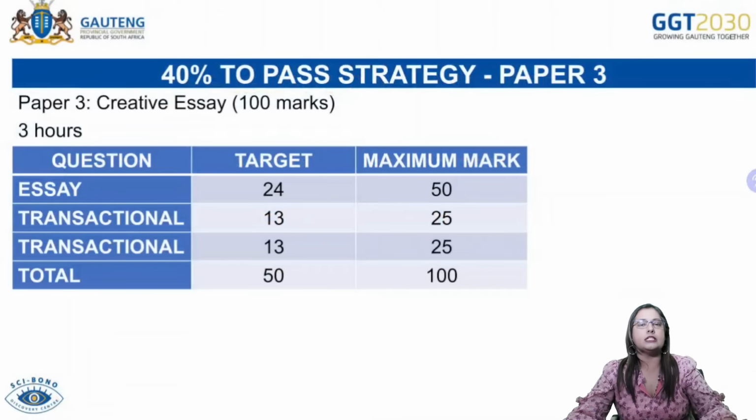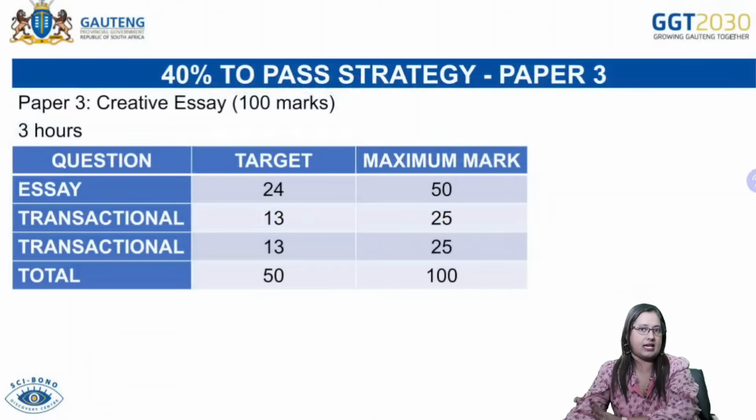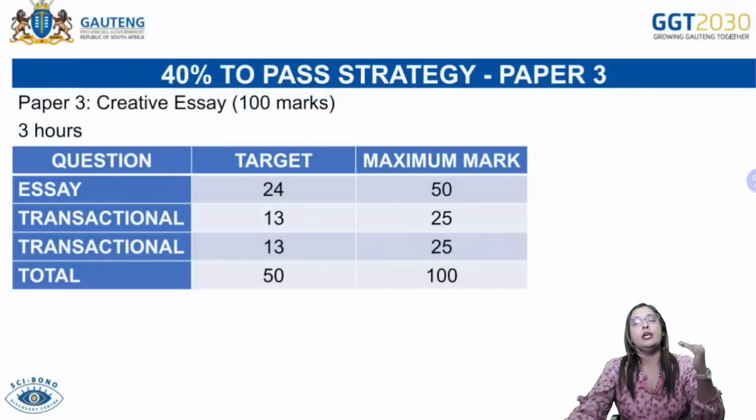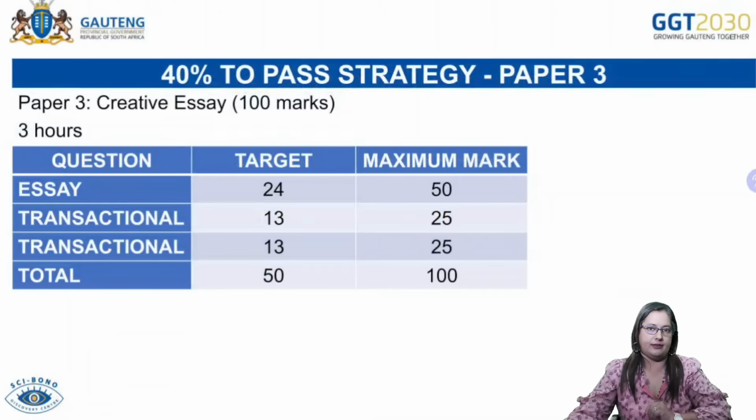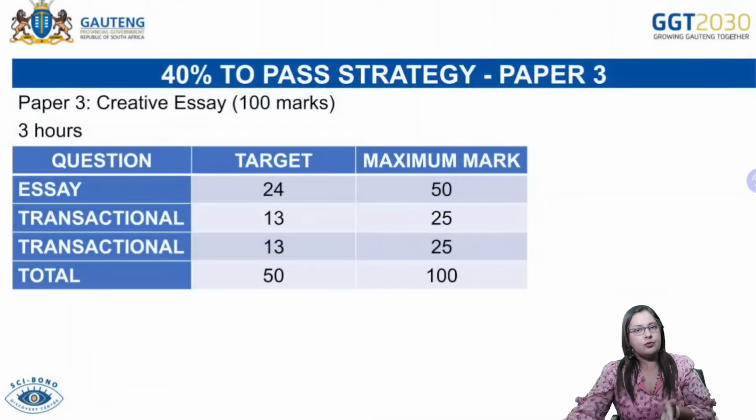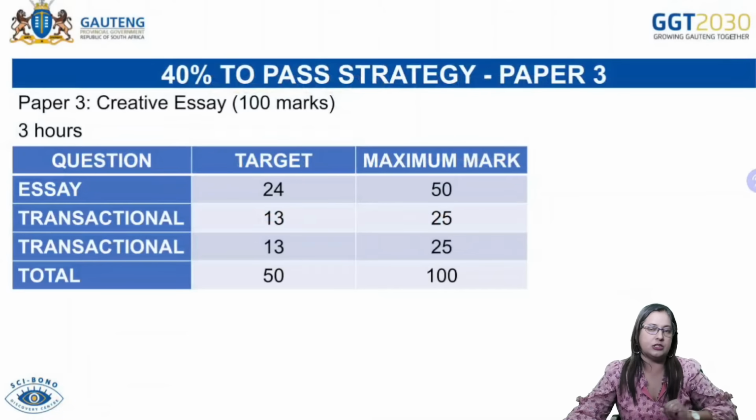All right, then you've got section B, which would be the transactionals. Now you will be given your topics, and those topics will come from the various categories, which I'll discuss with you shortly. Okay, you will then have to ensure that you at least get between 13 and 15 as a minimum out of 25 to be comfortable in this paper. But if you are again that candidate who wants to do very well, your focus should be anything from 20 upwards out of 25 for the transactionals. And remember, we have 3 pieces here, which is 1 essay and 2 transactional pieces.